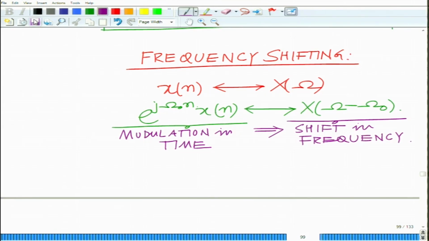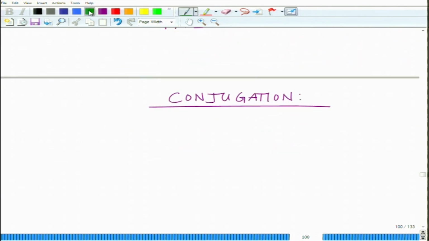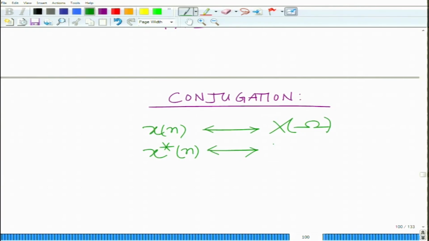Implies a shift in the frequency domain. Okay. Conjugation: when you have x[n] that has DTFT X of omega, then x conjugate of n has DTFT X conjugate of minus omega, and therefore, this naturally implies